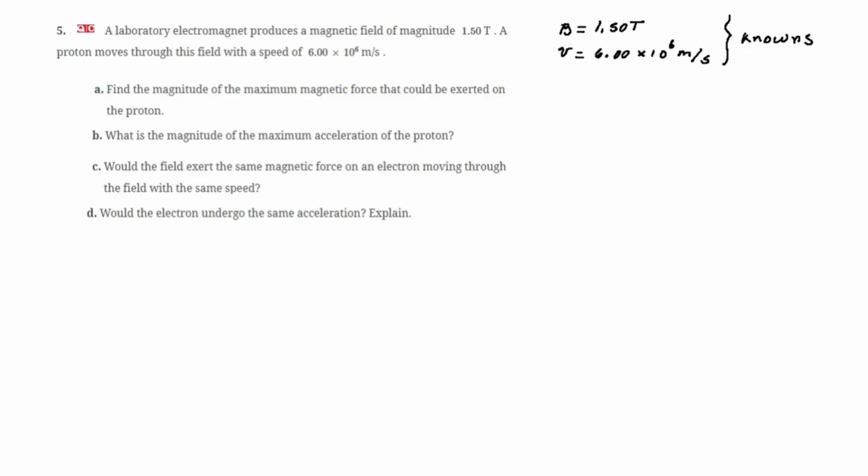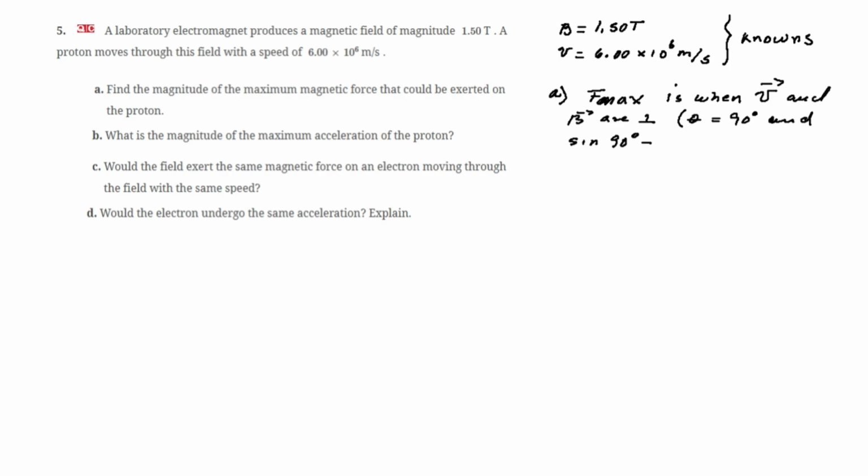So, what is going on here? If we're talking about the maximum force, the force is maximum when velocity and magnetic field are perpendicular. So theta is equal to 90 degrees, and the sine of 90 degrees is